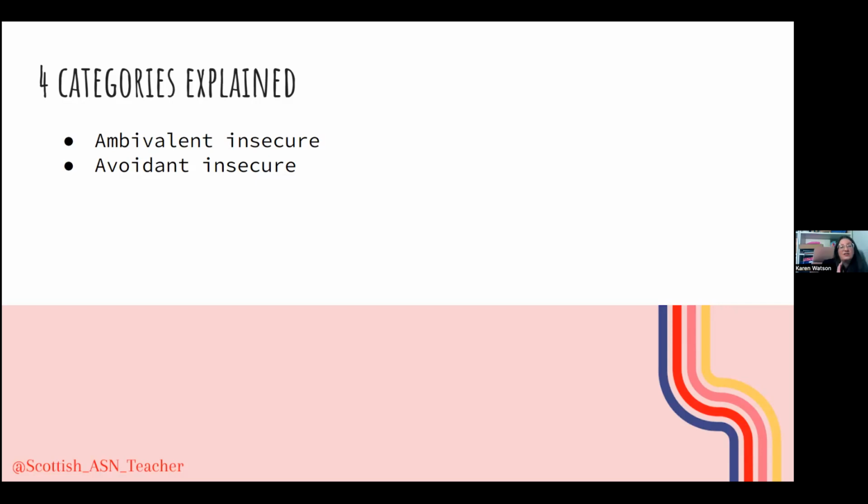Now, this thankfully is very rare. This is not a common one. But it's quite upsetting to think of a child who won't even make eye contact with the parent out of fear of their response. Then we've got our disorganized insecure. So this is a mixed response. So the child might show a combination of seeking and avoidant behavior towards their caregiver. And this is due to an inconsistent approach from the caregiver.